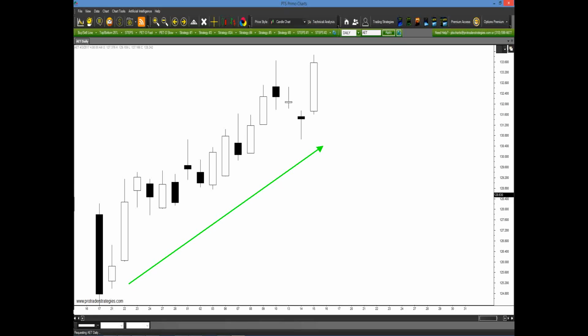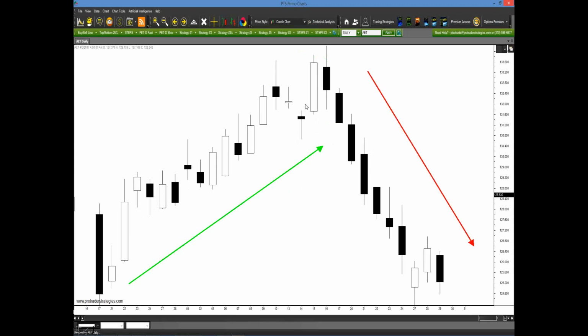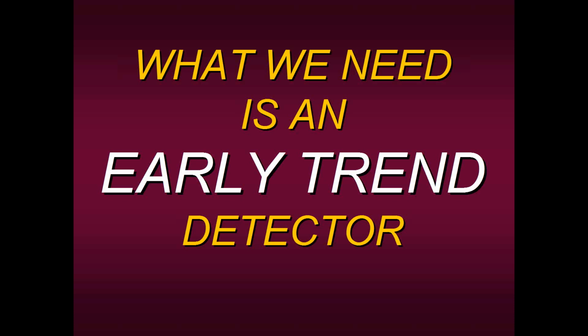For example, if we look at this chart here in Aetna, someone looking at this would say, well, it looks like we're going up, but I don't have any confirmation yet. But right around this time, you say, okay, we're in an uptrend, and on this little pullback, that's where you decide to buy. So you buy somewhere around these levels. You feel very confident, you're trading with the trend, you're excited about this nice profit you're going to make, and then this happens. Look familiar? This is the way most standard generic trending tools help you find out what the trend is. They'll work okay most of the time, but then at times like this, you wind up giving a lot of your profits back. So what we need is an early trend detector,